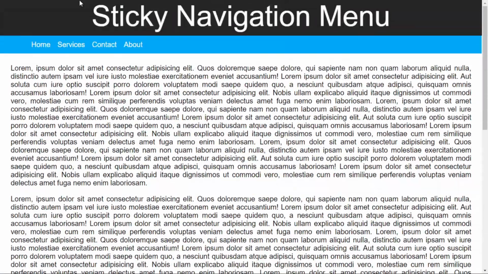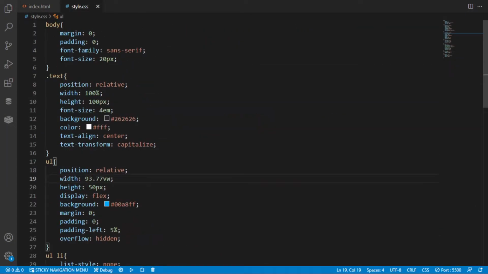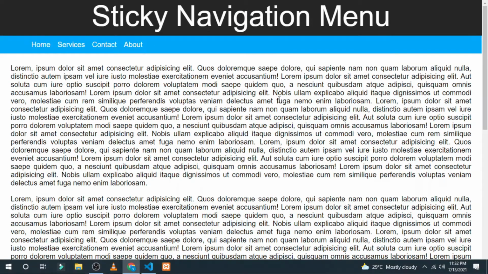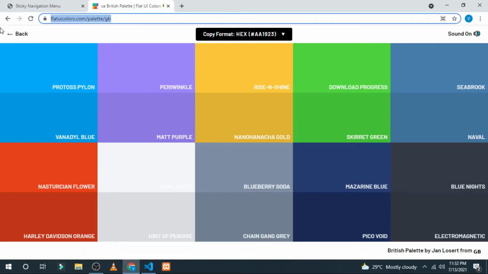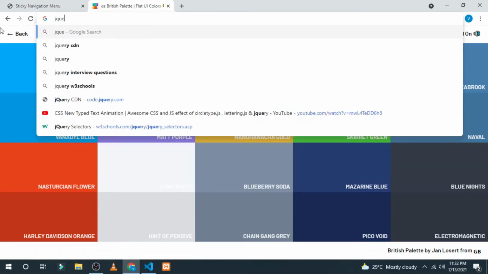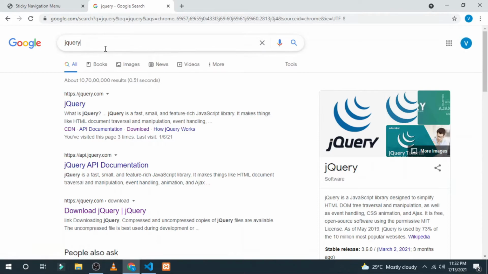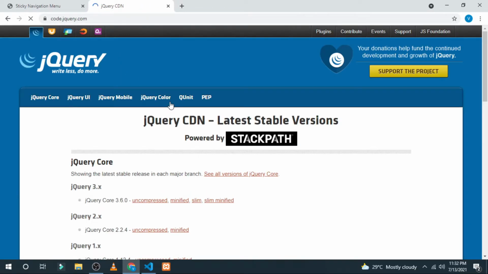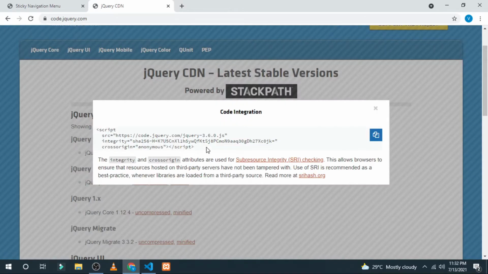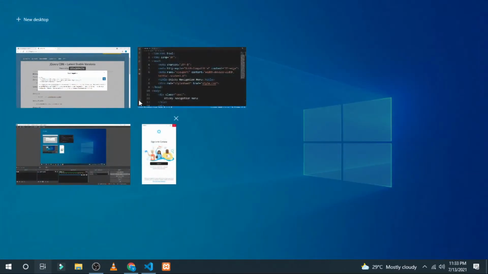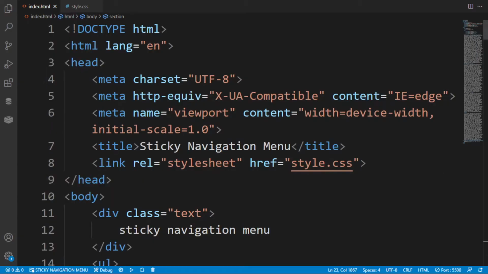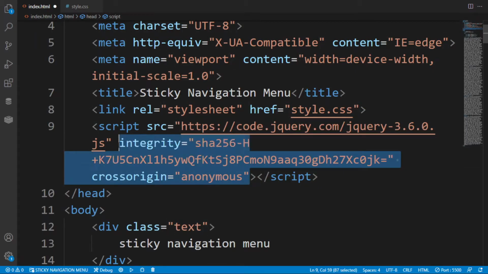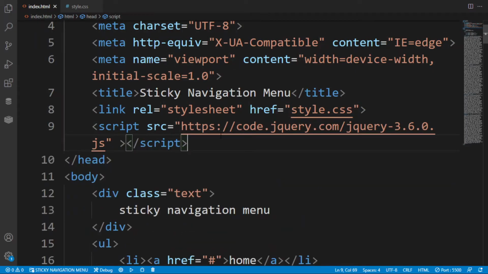Now here is the basic web page that we have created till now. Now the magic of CSS, HTML or JS will happen. Here, just search for jQuery CDN. I love jQuery because it creates awesome effects. Just click the uncompressed button and copy this into the head section, and just cut the extra part, the integrity attributes, those things that you don't remember.